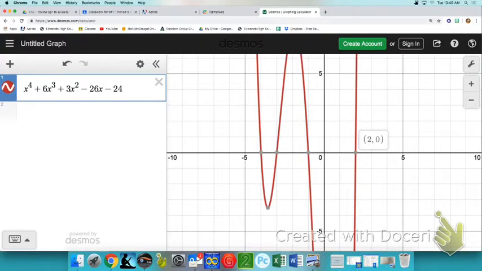Now, I do need to see the synthetic division that backs that up as your answer. But see how a graph is helpful from picking answers off that list as opposed to having to just work through that list. If you don't have a graph, you just have to work through the list. But Desmos could be very helpful for you on your homework as far as once you come up with the list, what are you going to guess first? Okay? All right, so let's go back to here